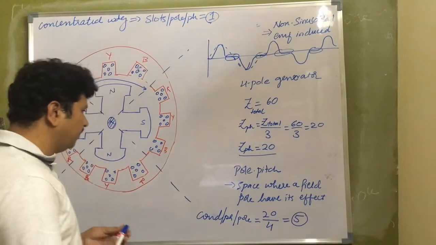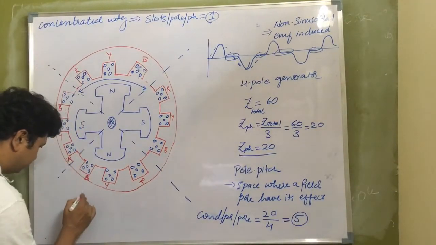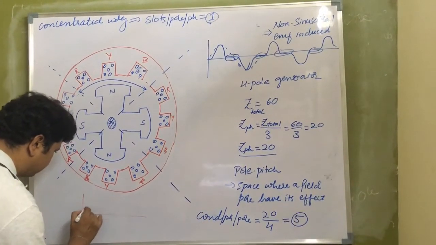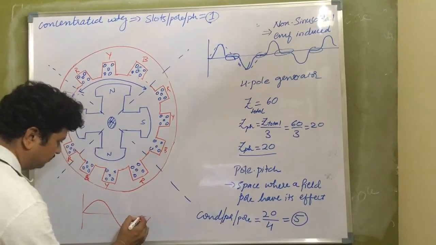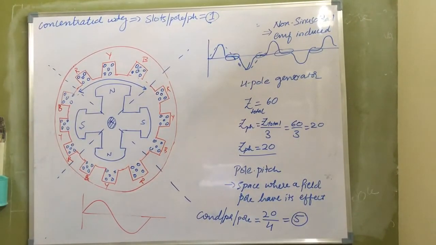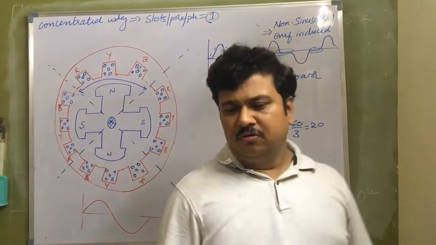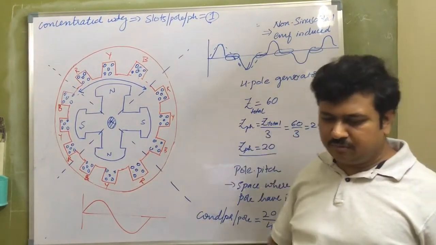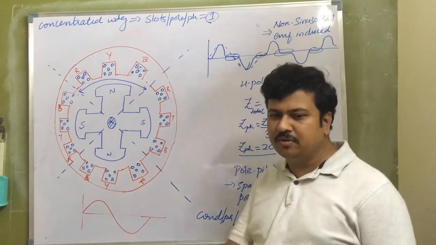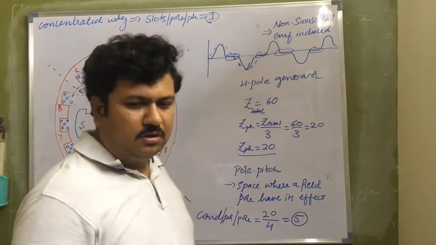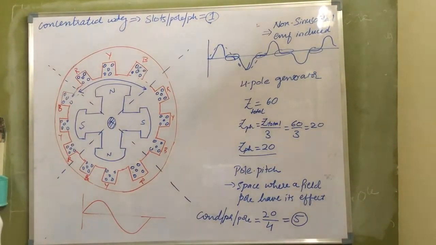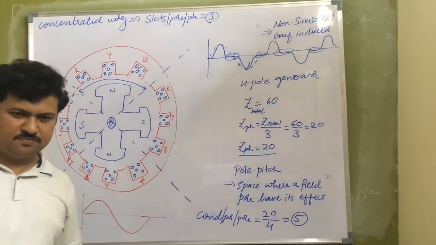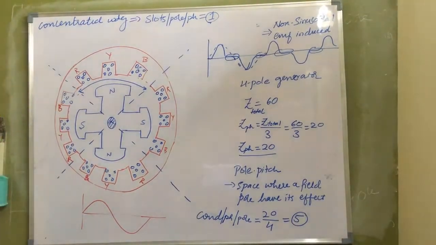Only this waveform is pure sinusoidal. Anything other than this shape is non-sinusoidal. So this is a non-sinusoidal waveform, which will carry a large amount of harmonics. You don't need to understand much about harmonics now, just remember this term, because harmonics and frequency components you will understand only after Fourier series analysis, which you study in third semester in mathematics, I think.